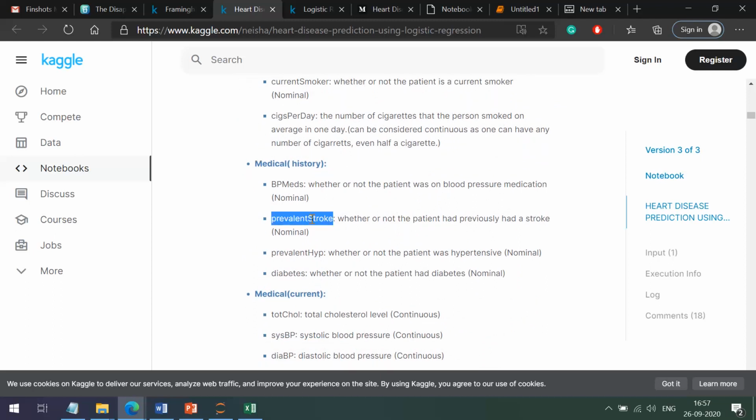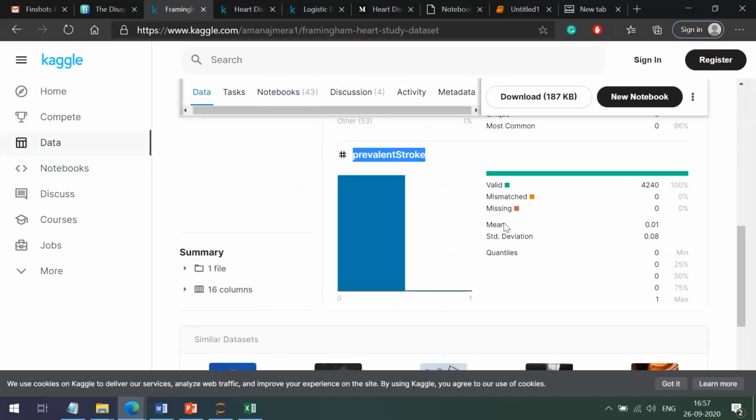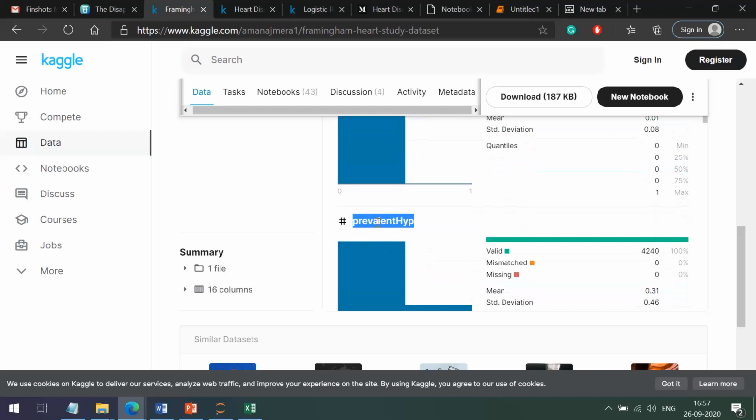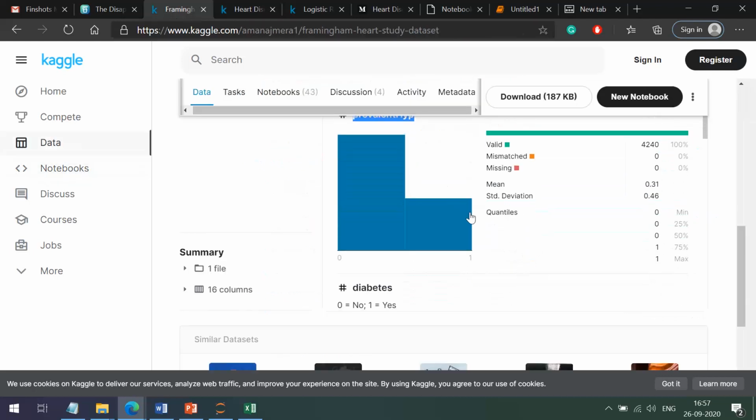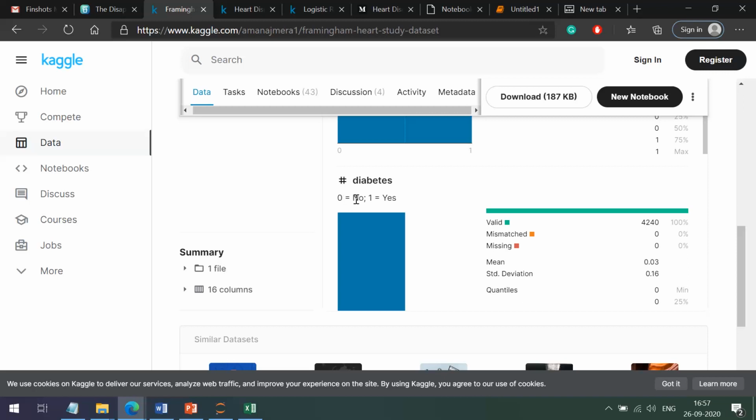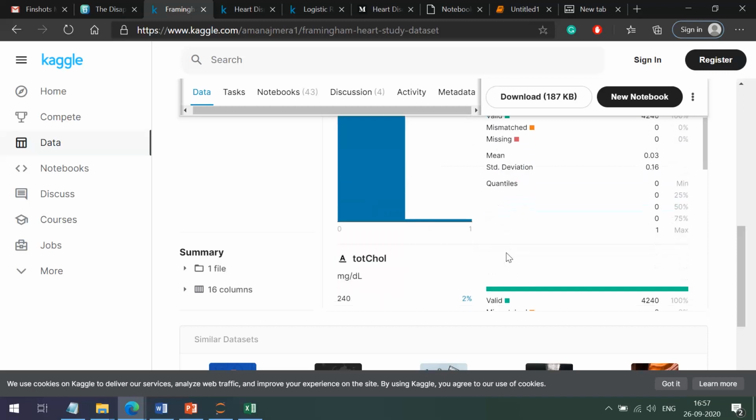Prevalent stroke represents whether or not the patient has previously had a stroke, so it is the previous stroke history of the patient. Then prevalent hypertension, which represents whether or not the patient was hypertensive. Then diabetes, where 0 represents no and 1 represents a diabetic patient.